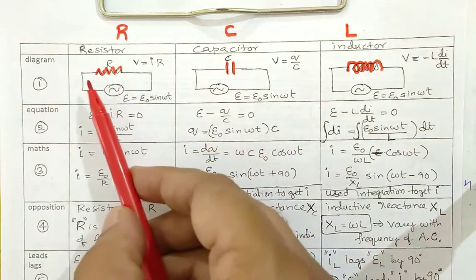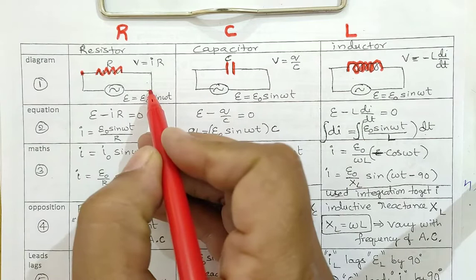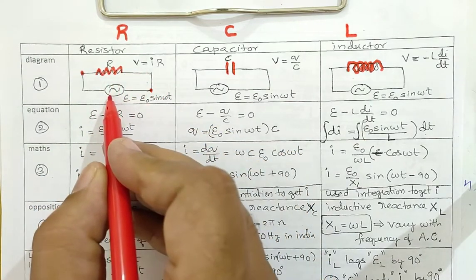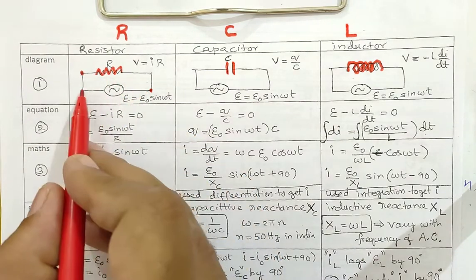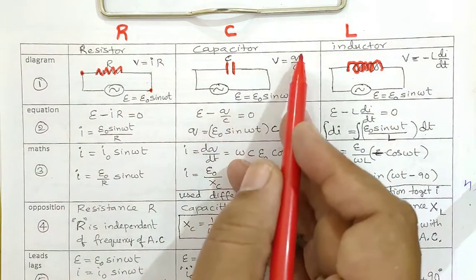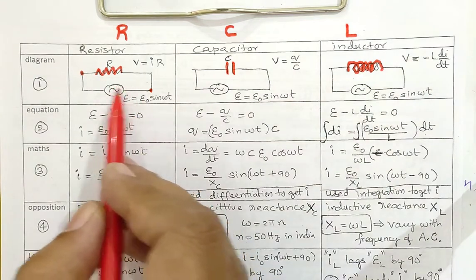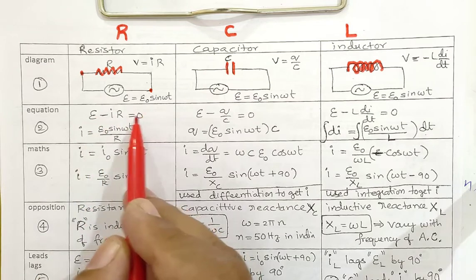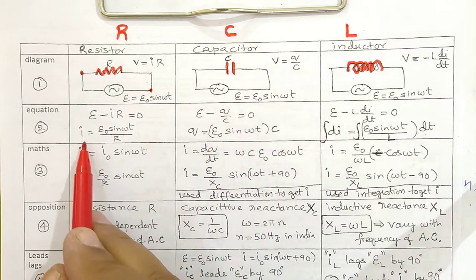Before going into anything, we will write Kirchhoff's law. Starting from this point, there is a potential rise and there is a potential drop. This gadget supplies the energy and this consumes the energy. So the rise is E, the drop is IR. V is equal to IR is the formula we use. Here V is equal to Q by C. Here V is equal to L di by dt. So there is a rise E minus IR. So from this E is equal to IR, but E is equal to E0 sin omega t by R. Bring this R down, so you get I.